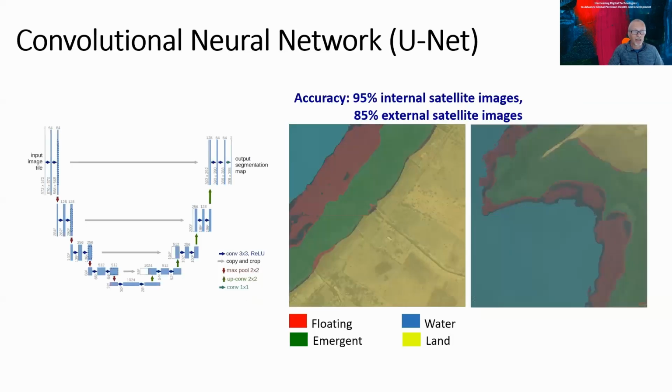And ultimately, we apply a specific type of convolutional neural network that has become widely used in biomedical applications. And we use this on a surprisingly limited number of images as a training data set. And the results were excellent. Despite the limited data sets, we are able to identify 95% of the floating vegetation, the suitable habitat for the snail, by using this type of algorithm.